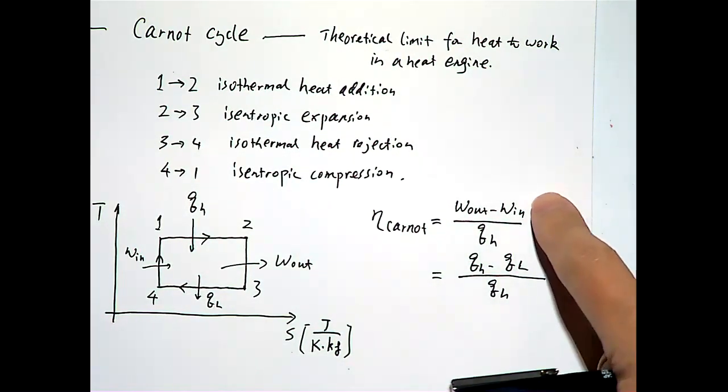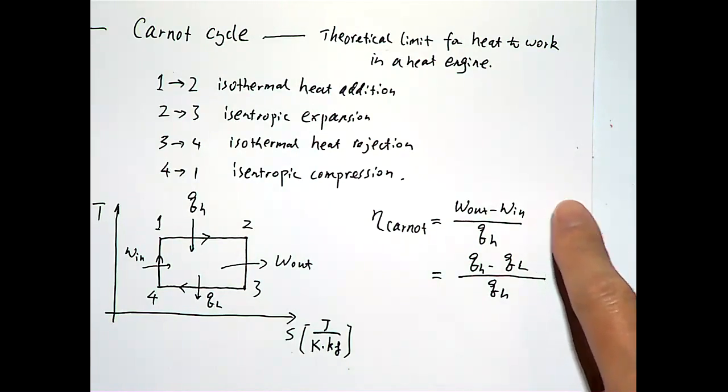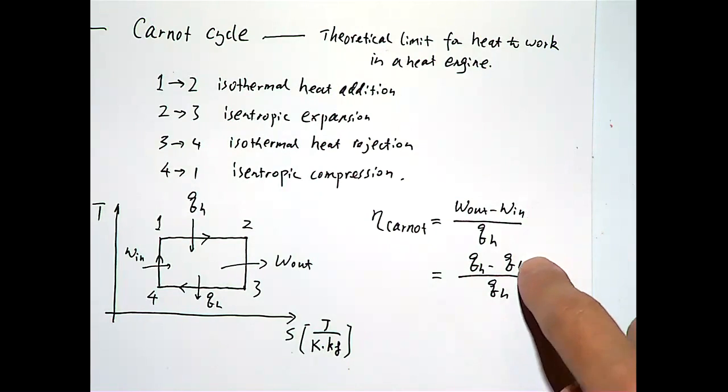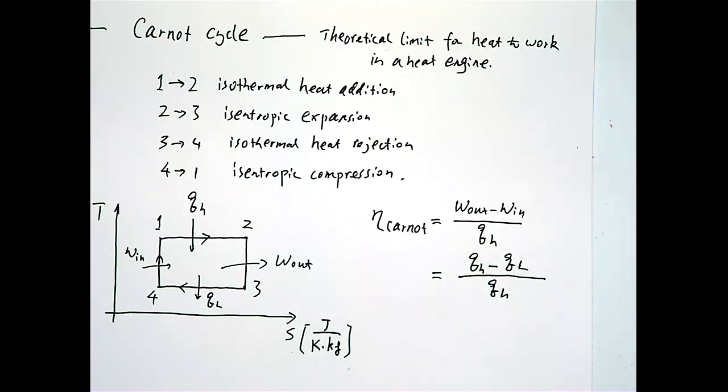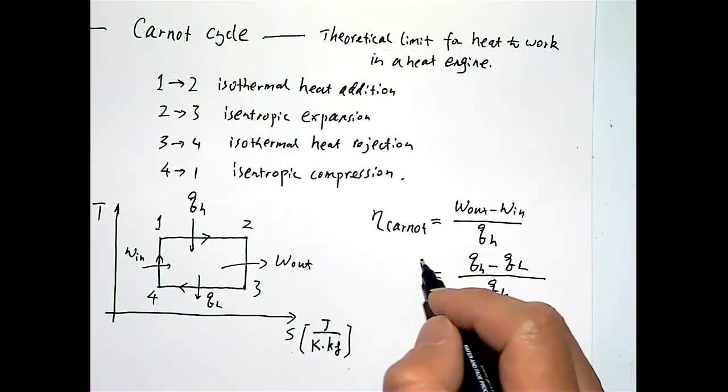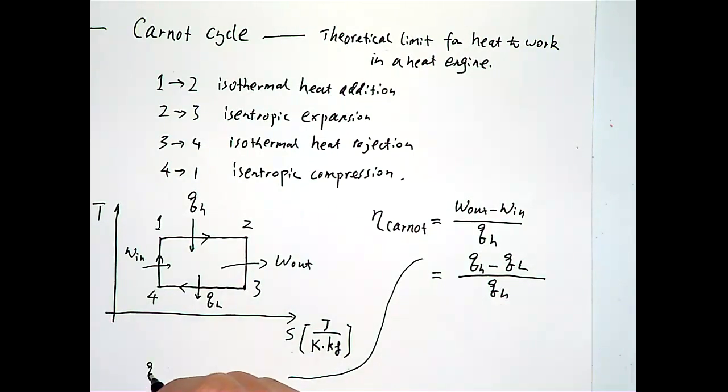And the reason I can write this, the net work equals the net heat transfer to the system, is because if I apply the first law to a cycle, I should be able to get this. So you apply Q minus W equals delta U. Let's say it's a closed system, just for the purpose, but it doesn't really matter. First law must be obeyed for all the processes happening here. If you apply this to a cycle,